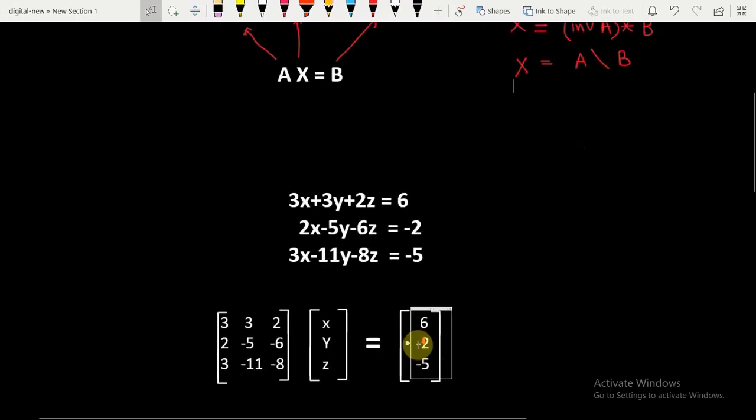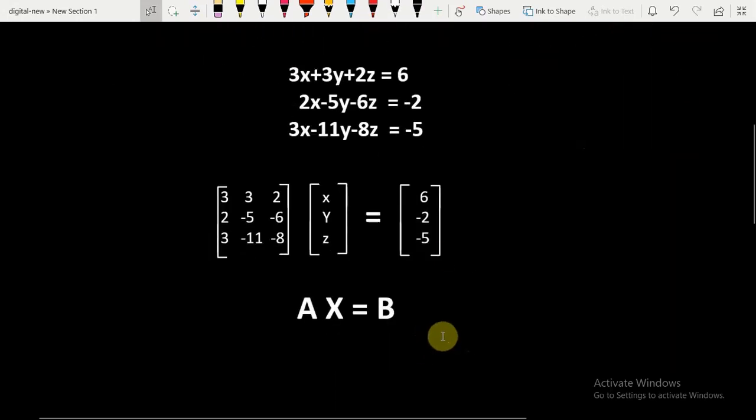For a system of three simultaneous equations, we know that this will be the matrix form, and A will now be a 3 by 3 matrix, X will be a 3 by 1 column vector, and similarly B will also be a 3 by 1 column vector. So as the number of simultaneous equations increases, the number of unknowns increases, and so the order of the matrices A and B also increases.